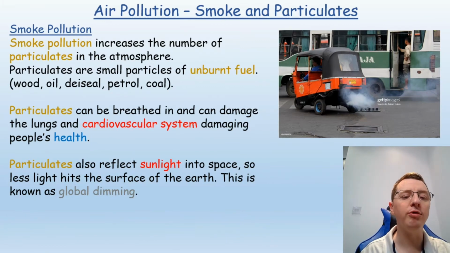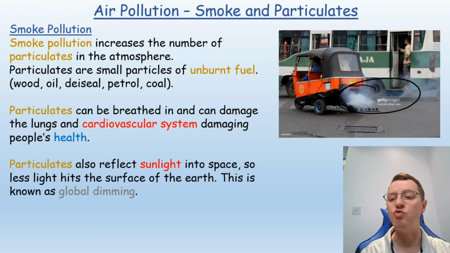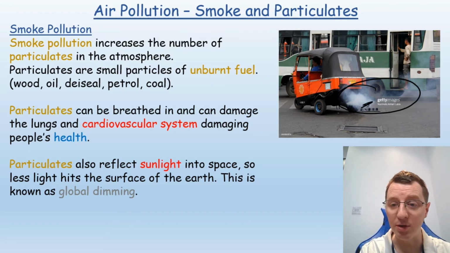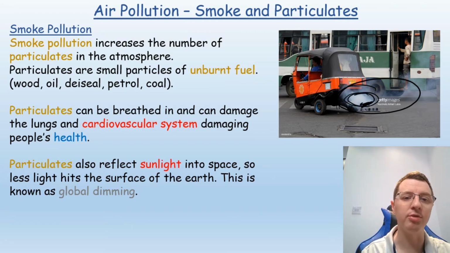There are a number of other types of pollution which can also cause problems, both for the environment and for humans themselves. For example, here we have an automated rickshaw, or a Bajaj as they call it, on the streets of Jakarta. This is an Indian-made vehicle, fortunately now banned. And one of the reasons it was banned is because of the large amount of pollution that you can see there coming out of the exhaust pipe.